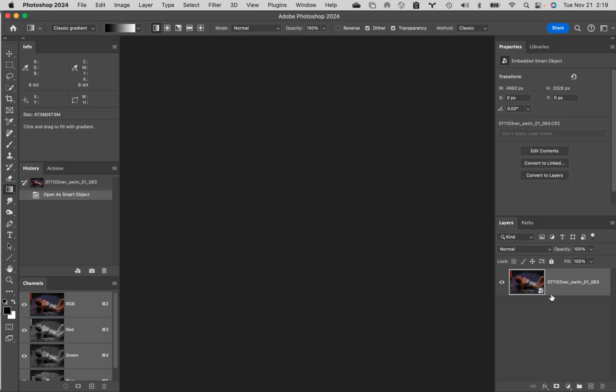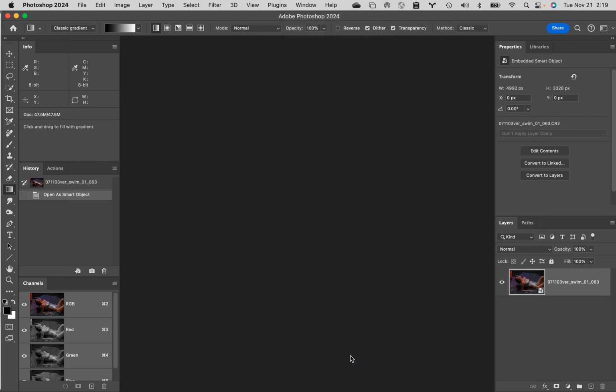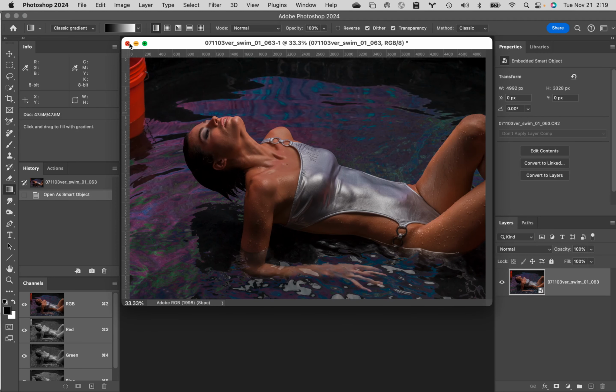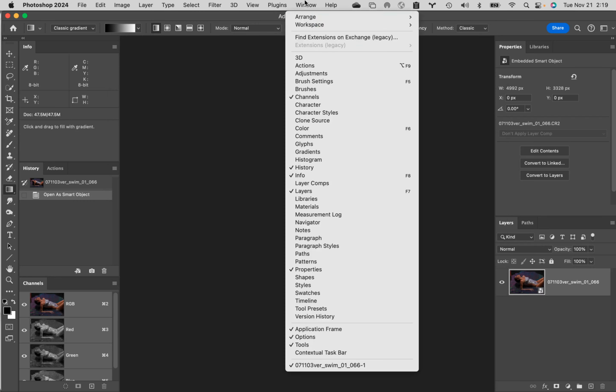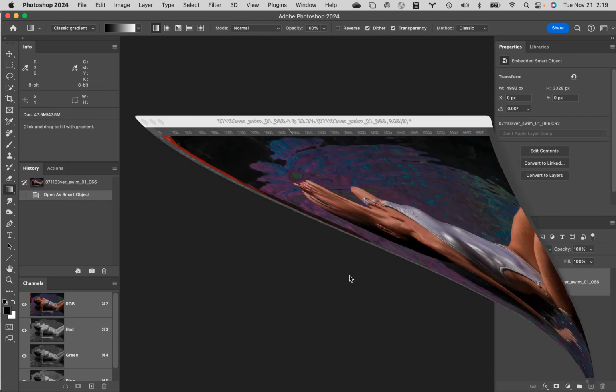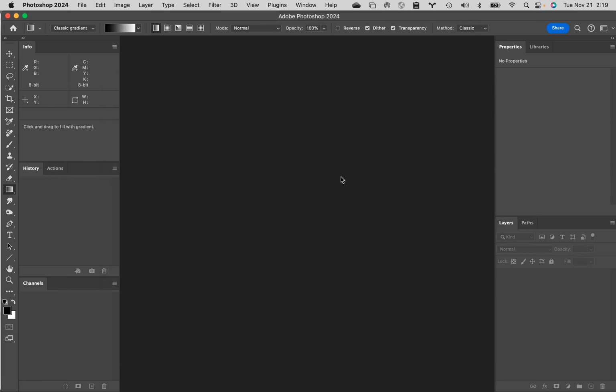I've still got images that are still open. If you come up to your window menu, remember I docked 2 of them. If you come up to your window menu, you'll see down at the very bottom, it actually has them. You can actually pick them down there so that they open up and you can close them. You don't need to save them. You can go to the other one as well. It'll open it up. So sometimes when you're working on multiple monitors, if you lose an image, you can use that same trick to get it to come back again. So at any rate,